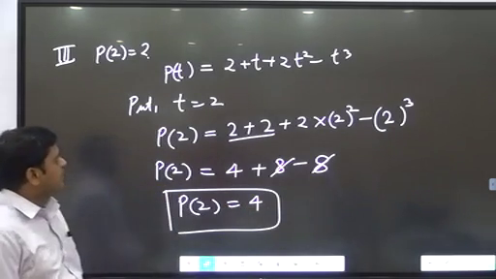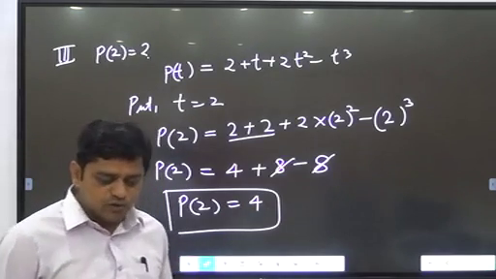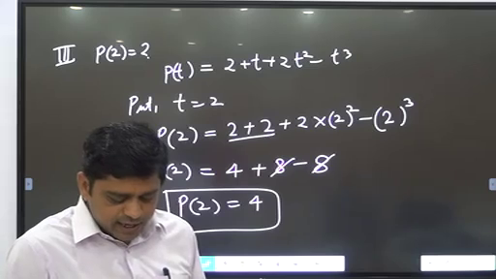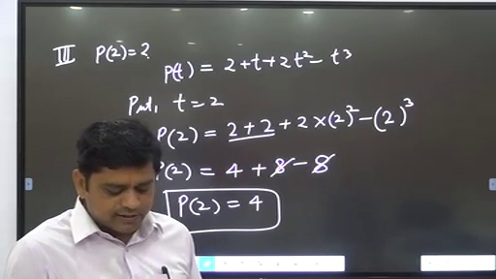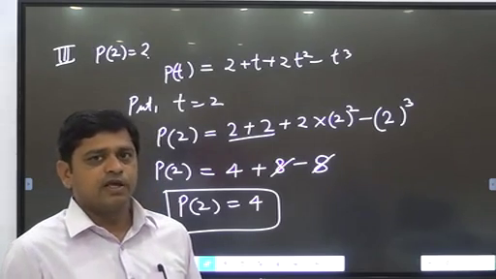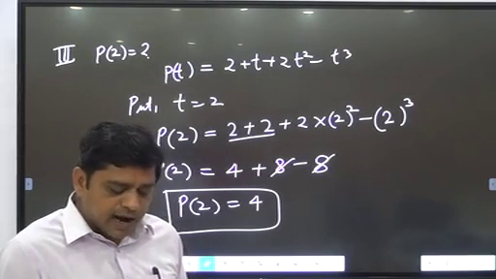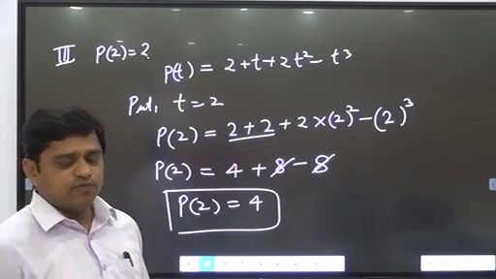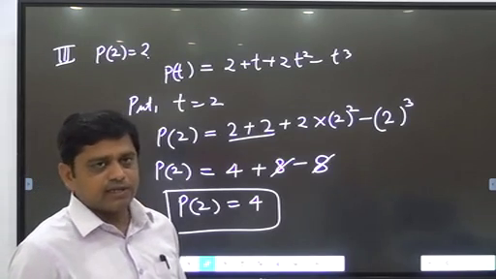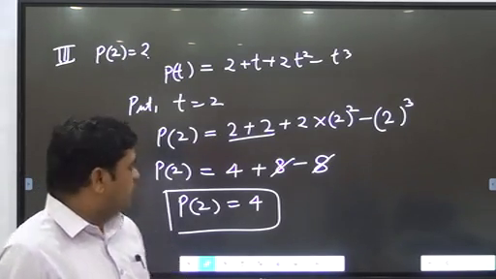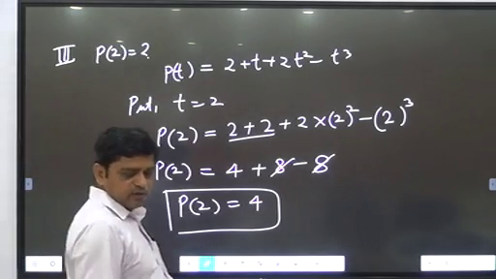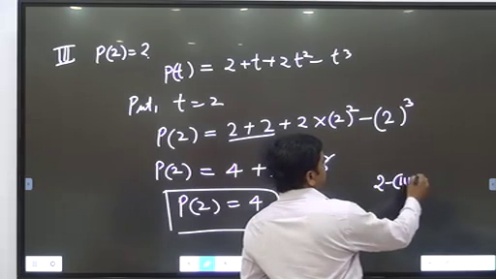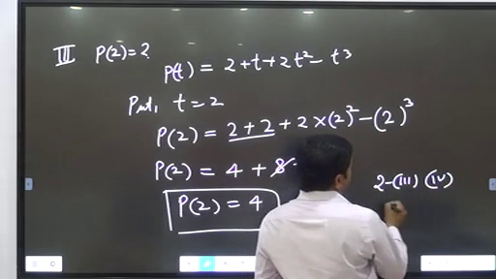Okay, this is the way to solve and find the values of the given polynomial with the help of a proper solution. And the same question has parts second, third and fourth. The third part is in the form of x, p(x) equal to x cube, and the fourth is in the form of x also. So I hope it's homework. Question second, parts third and fourth, you will try to solve yourself.